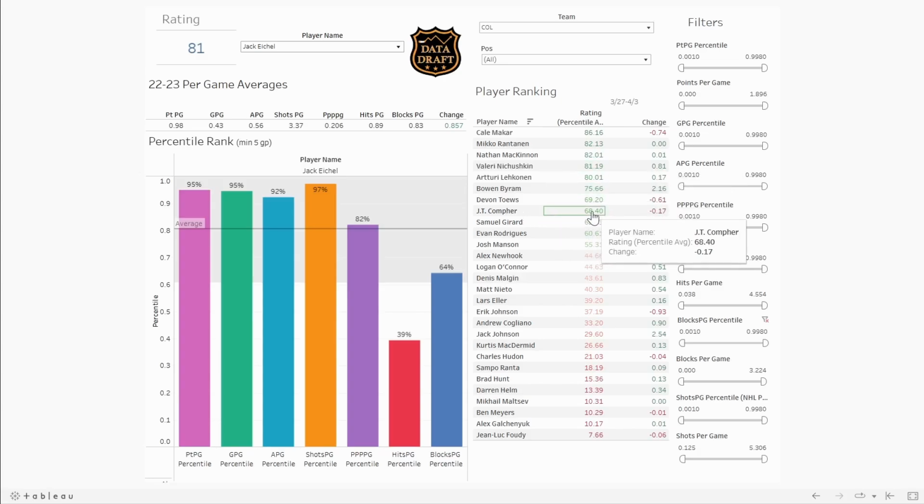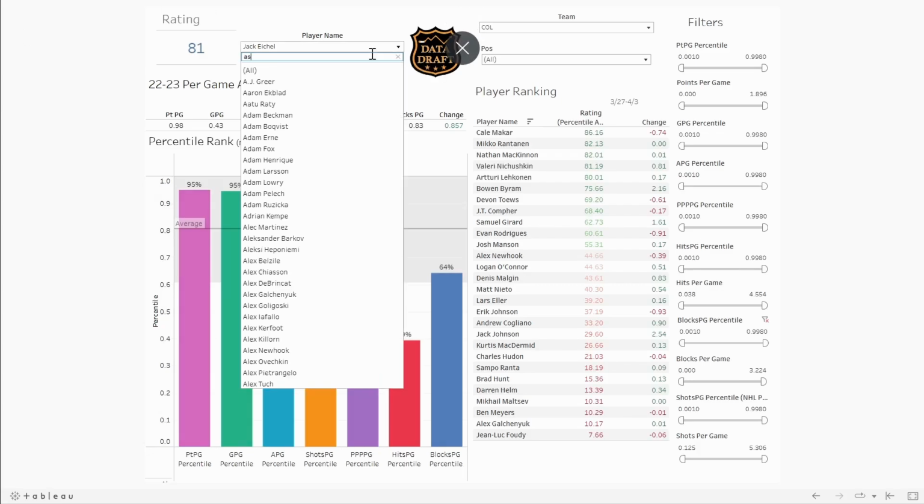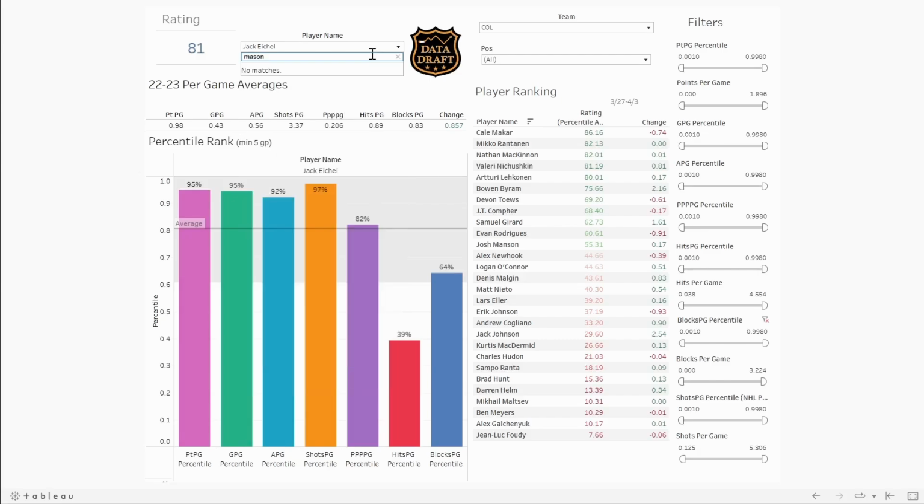Your guys like JT Compher, who's a 68 on the hub. You have Evan Rodriguez, who's more of a shot volume play at a 60 overall on the hub. Josh Manson, if he's healthy, he's been a really productive hits and blocks defenseman. And I had him for a little bit, but he got...